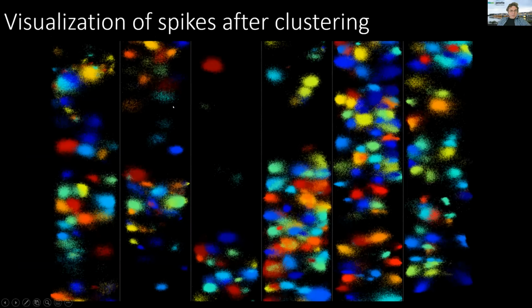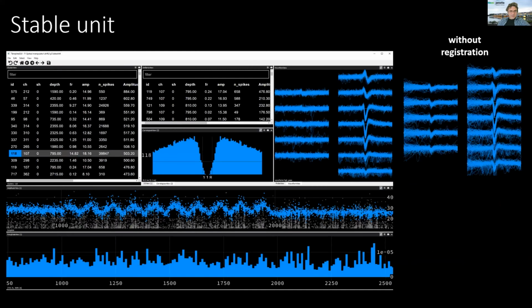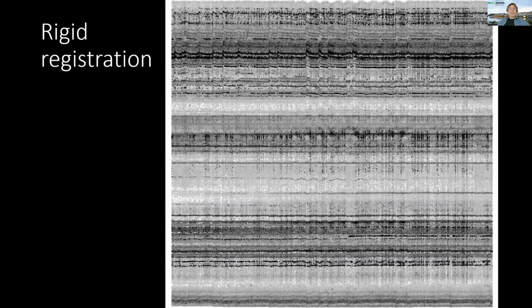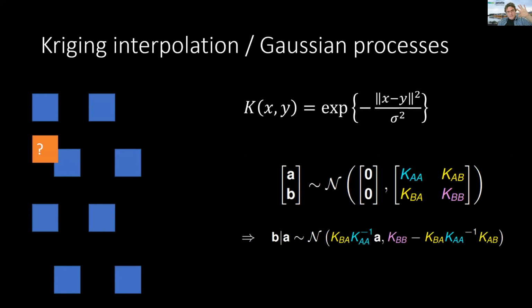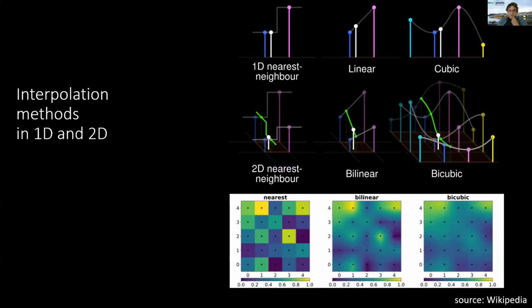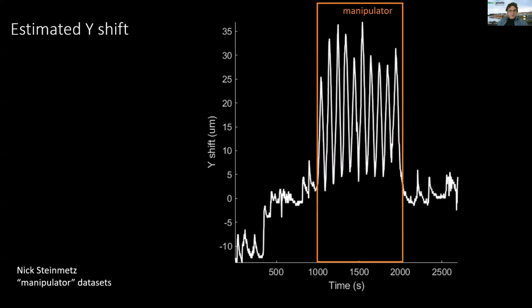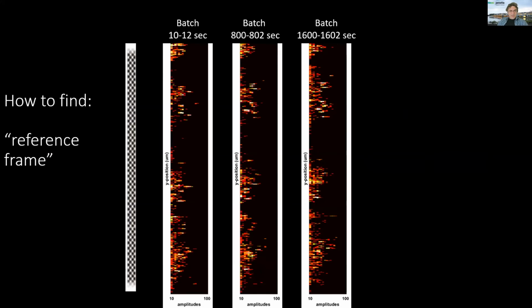Why did we need a new clustering model, you might ask? Well, we knew that after we were able to do drift correction and align the data vertically, the possibility to use fancier clustering algorithms was finally opening up, because without that,